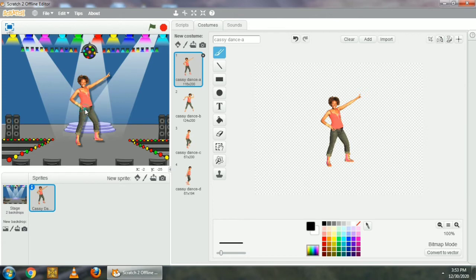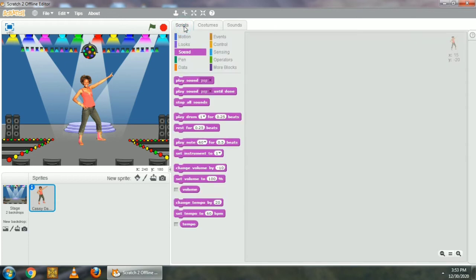Okay, now let's go to the script block. Click on this script block. Now make the script on this sprite, which will be selected. Okay, now in your textbook, in figure 6.8, one script is given, and the other in figure 6.9.